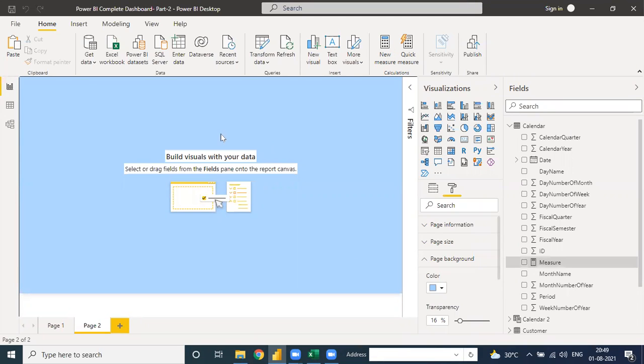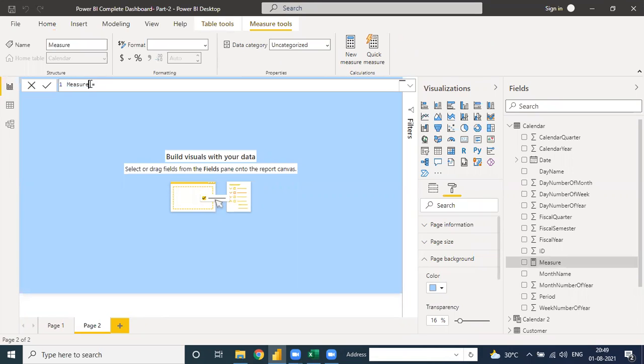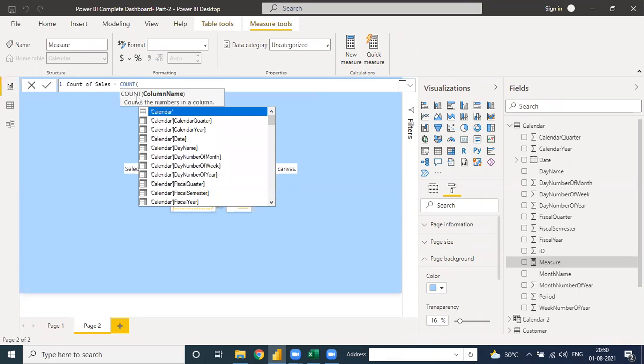Go to count of sales equals count. Count will include all values related to numbers, values, formats, or anything.